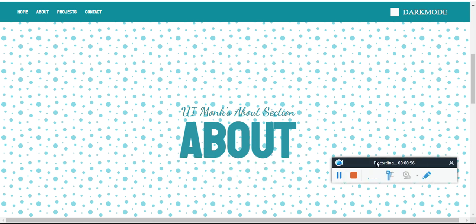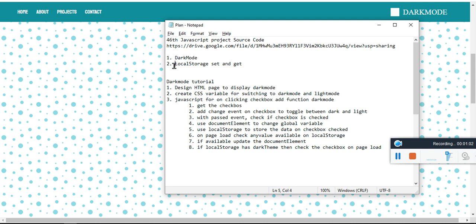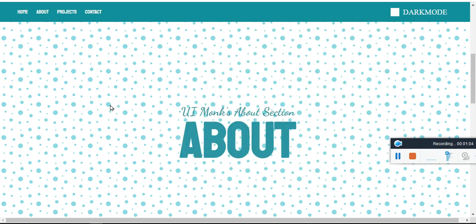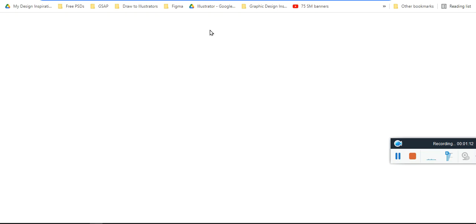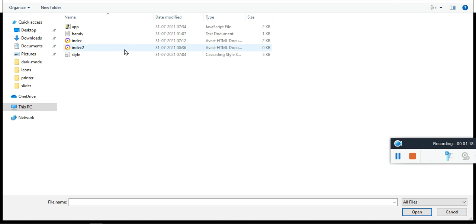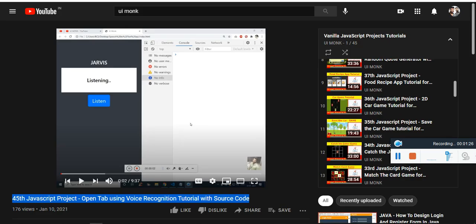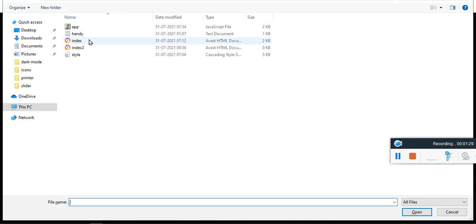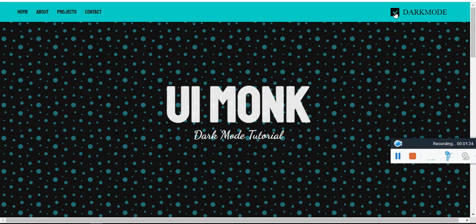Fine. Now to continue with this tutorial, here we are going to learn two things. The first one is dark mode, and the second one is the local storage, get and set. What does that mean? So if I click on dark mode, data is stored on the local storage. So if I close this and open the same website after 2 months, still the dark mode is available. So if I remove it and close it, and open it again 1 month later, the data is stored. So that is how it is working.